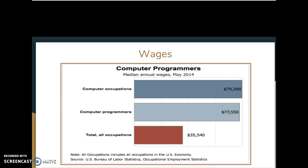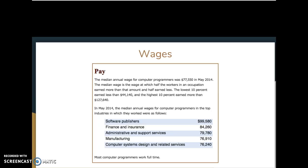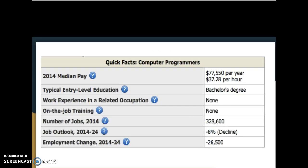Here is a chart showing the different occupations in computers and the salary that you could possibly earn. This is from the U.S. Bureau of Labor Statistics. More information on wages from a different source. Okay, so I'm going to